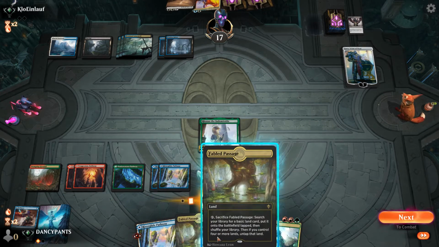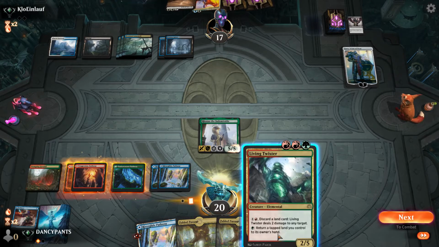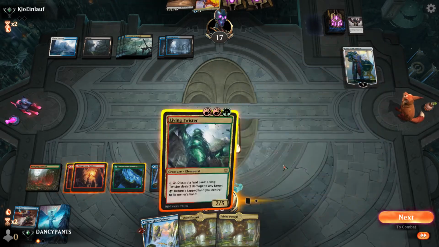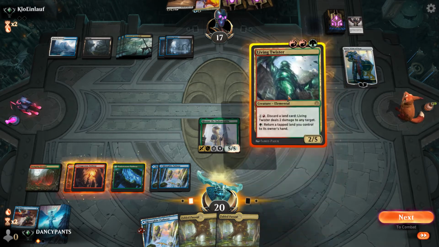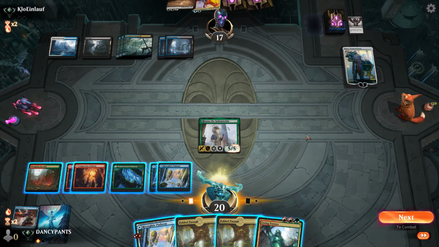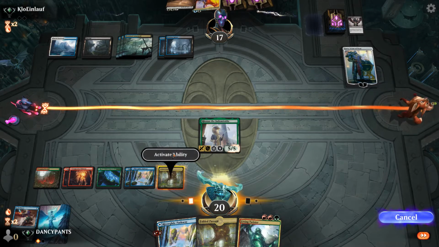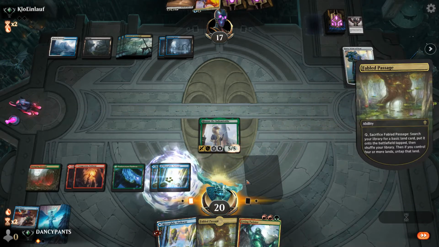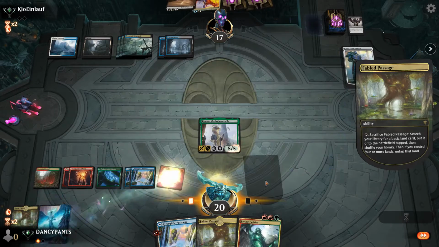I want to save these for landfall triggers. I know I have to discard a land to something. I think... Man, this is tough. I don't think I'll get... I might be greedy holding on to 2 Fabled Passages, so...